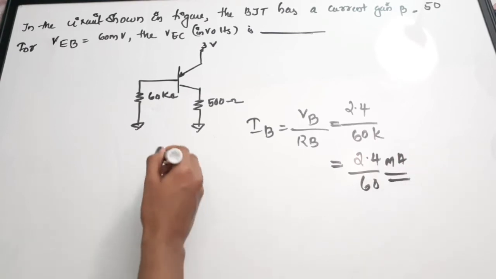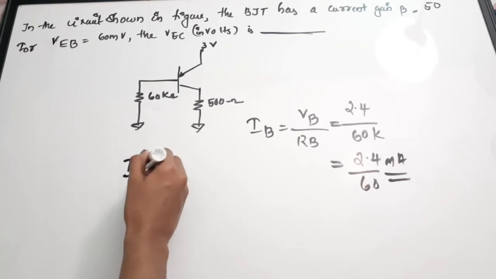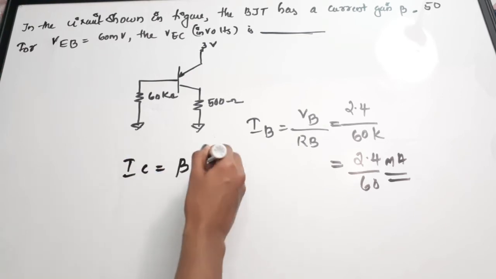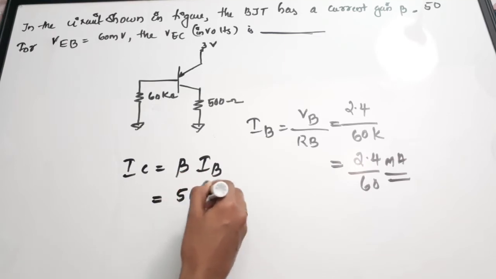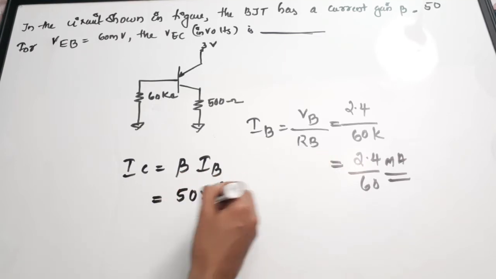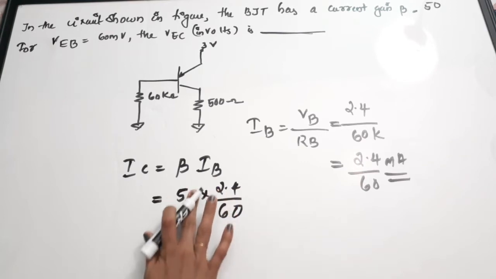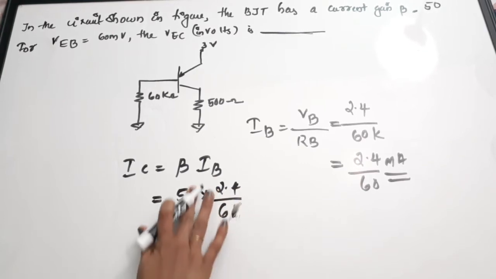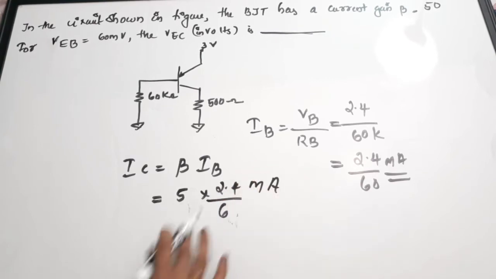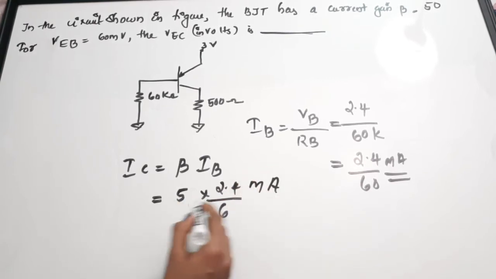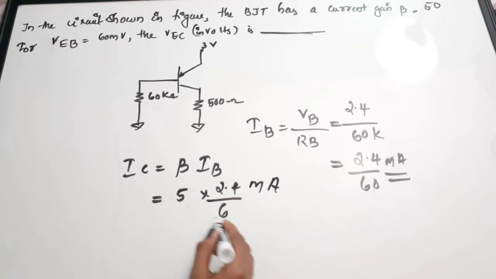Next we will find the collector current. Collector current IC is equal to beta times IB, and beta is 50. So 50 into 2.4 by 60 milliampere, or 2.4 into 5 by 6 milliampere, is the value of your collector current. Now we don't need the collector current or base current. We need